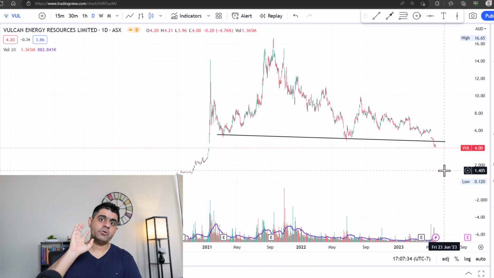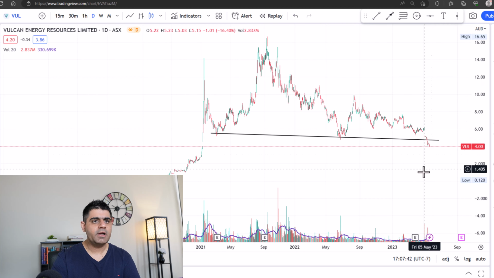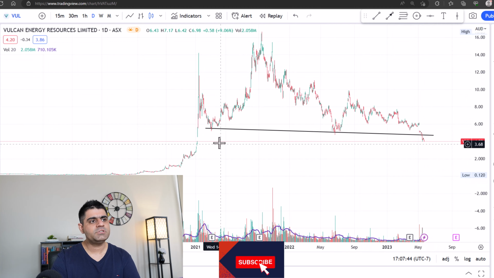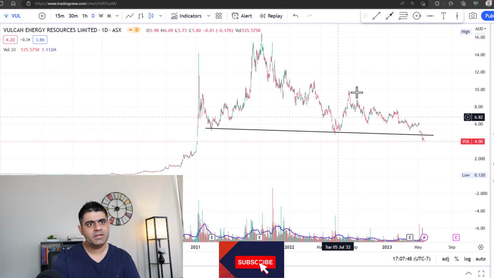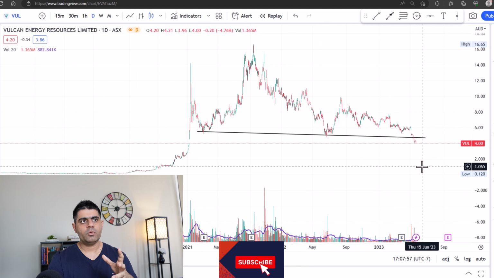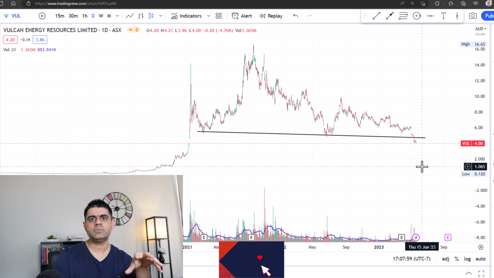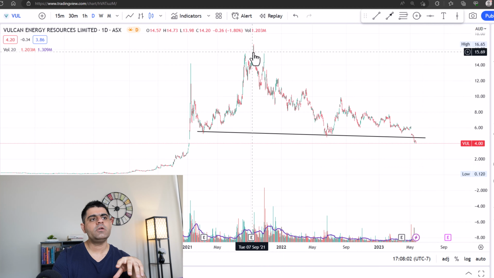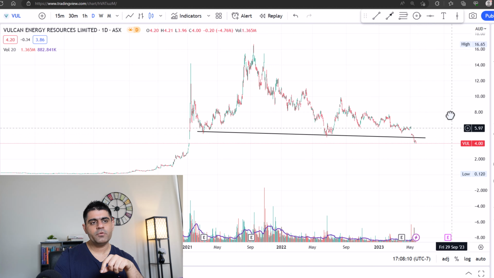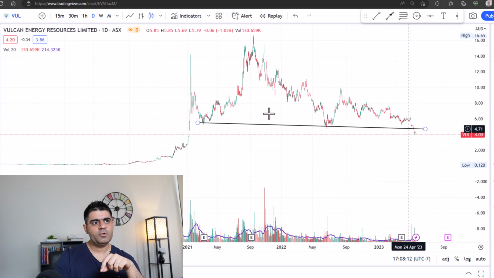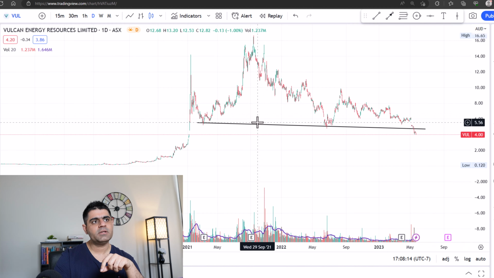And the stock that I'm going to cover is Vulcan. It's a mining stock listed in Australia. And what you would see, of course, is this very small left shoulder, this head, and this is the right shoulder. Now, what's the convention when it comes to identifying the targets? People say you estimate the height of the head, and that should be your target, right? So if you would have shorted at this level, what you would do is you would estimate the height of